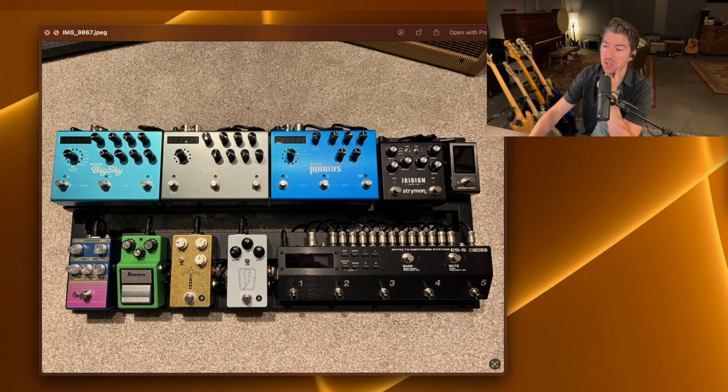He's got the smaller Peterson tuner, so that's cool. All of the cable, super uniform. Like, yeah. Very, very nice. Love the Morning Glory. I love the Super Bowl. He's got a